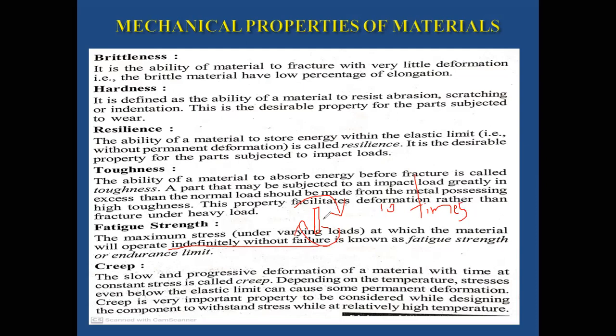So the fatigue strength is N times. You can apply any type of load, the same load, and the maximum number of times is 10 times. So we can consider the beam as having a fatigue strength of 10 cycles. Okay. And next, creep is the slow and progressive deformation of a material with respect to time. I place a beam and a force is applied upon it.